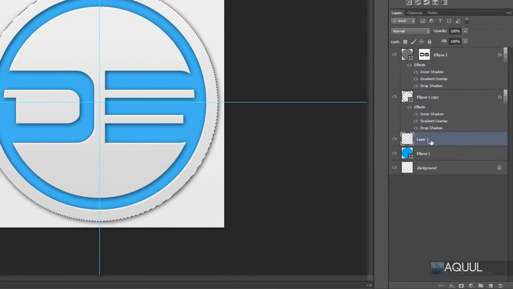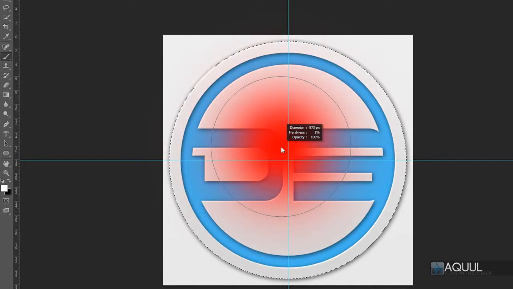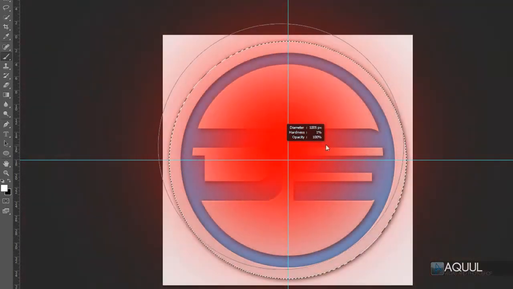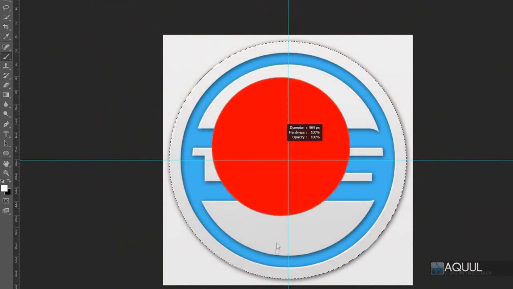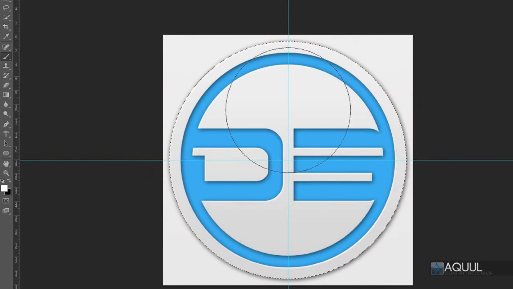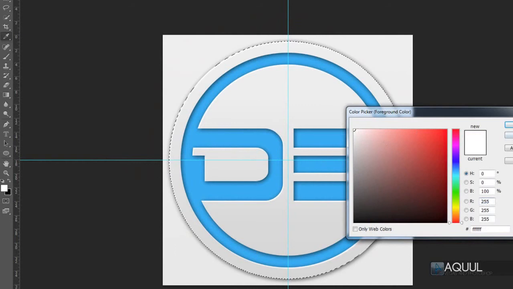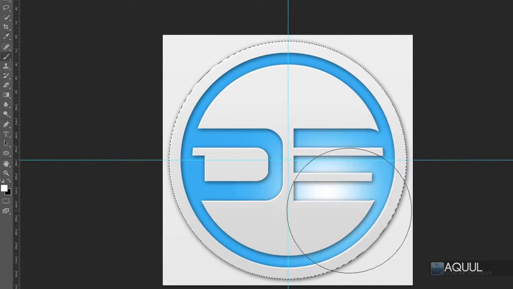Now we're going to use the brush tool to make this highlight. So if I choose the brush tool, and then in the canvas, if I hold down Alt and then use my right click button on my mouse, and then I drag this horizontally, you'll see that we can change the size. And if you do it vertically, you'll see that we can change the hardness of the brush. So if I make this about half the size of the shape, and you just want to make sure that you have your white set as your foreground color, and then just click, and if you want to change the layer mode of that to overlay,